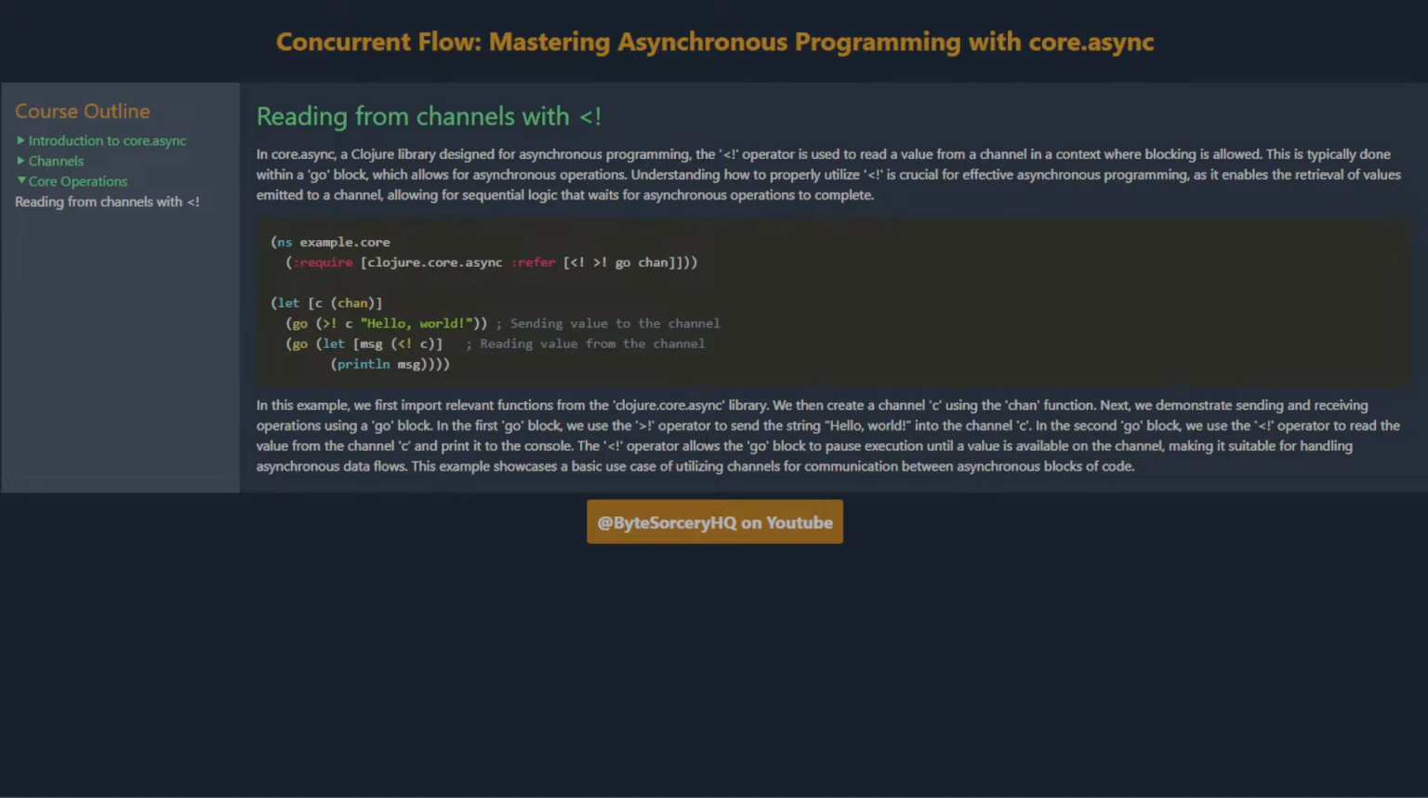In this example, we first import relevant functions from the clojure.core.async library. We then create a channel c using the chan function. Next, we demonstrate sending and receiving operations using a go block. In the first go block, we use the >! operator to send the string "hello world" into the channel c. In the second go block, we use the <! operator to read the value from the channel c and print